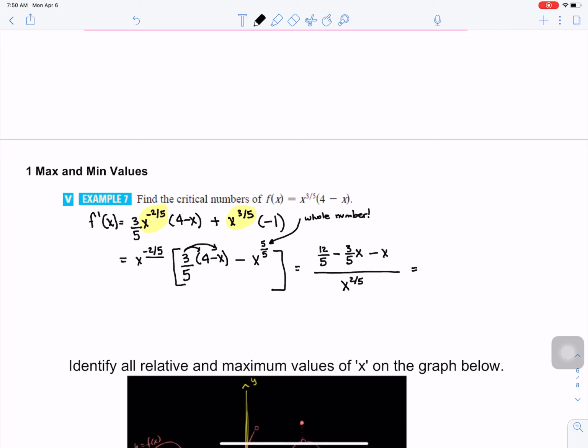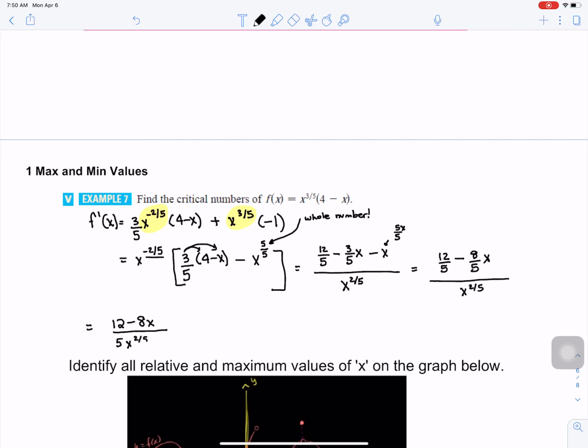And now I'm going to clean up the like terms. 12/5 minus 3/5 minus 1 is minus 8/5x. So that's 5/5x. And then what you'll notice is because both of them have a denominator of 5, I can pull that denominator of 5 onto the bottom. So 12 minus 8x. The 5 is a term that sits on the denominator, and I have x